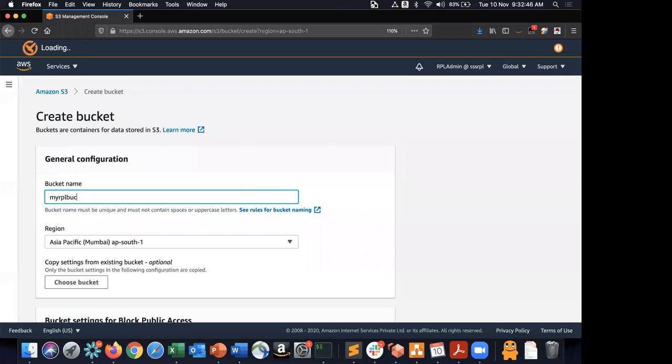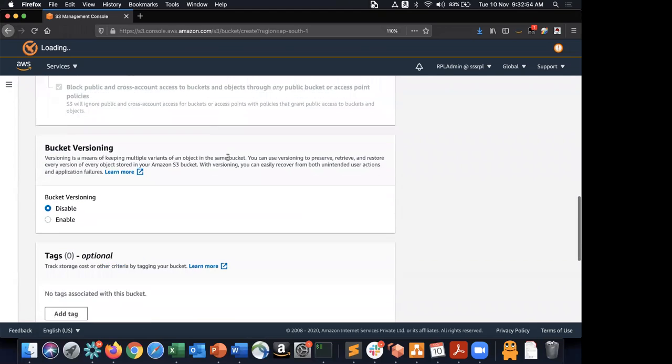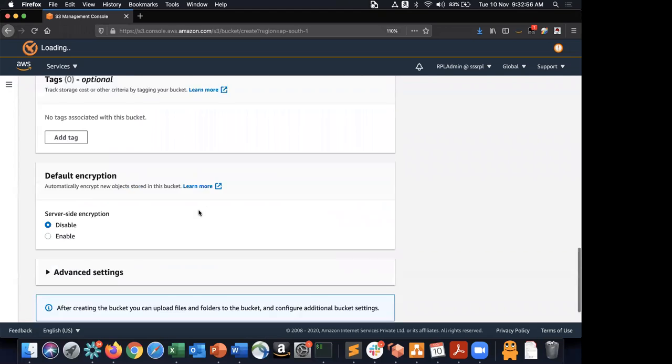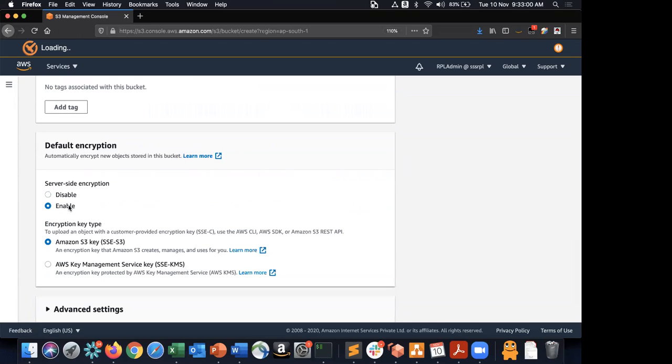My RPL bucket, 10th November, Mumbai, block all public access. I'll just enable versioning. If you see here, server side encryption, if you disable it, I mean, your